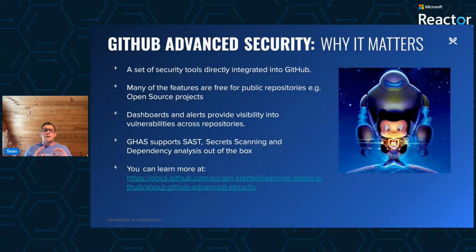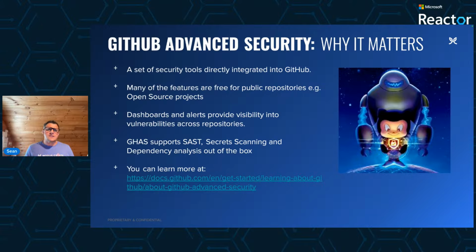All right, now that we've talked about how GitHub Advanced Security maps to the DSOM, I do want to touch on GHAS features just to have it fresh in our minds. GitHub Advanced Security is a set of security features built directly into GitHub. It helps developers detect, prevent, and remediate vulnerabilities throughout the SDLC without disrupting workflows. GHAS also integrates with third-party tools, making it flexible enough to fit into any environment.